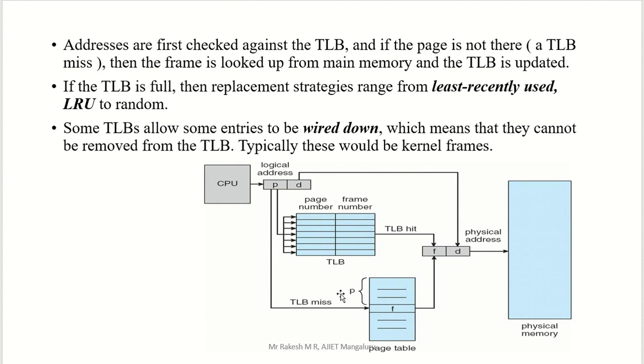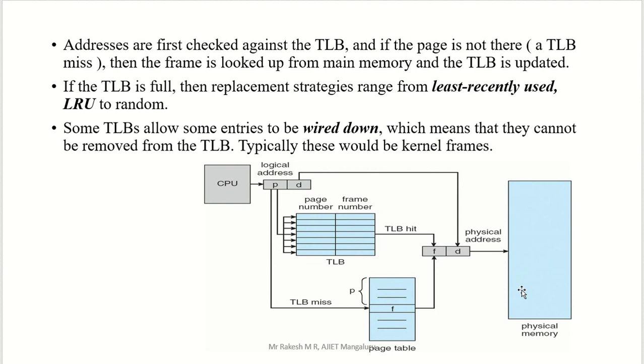You can see this diagram. I will explain the concept of TLB with this diagram. Here we have the CPU. The CPU will generate a logical address. The logical address contains a page number and an offset. The offset means the size of the page, and the page number is represented here by P. Now that P is sent to the page table in order to access the frame number. But many page tables are there. Consider many page tables are in memory. As we said previously, all page tables are stored in main memory, that is here.